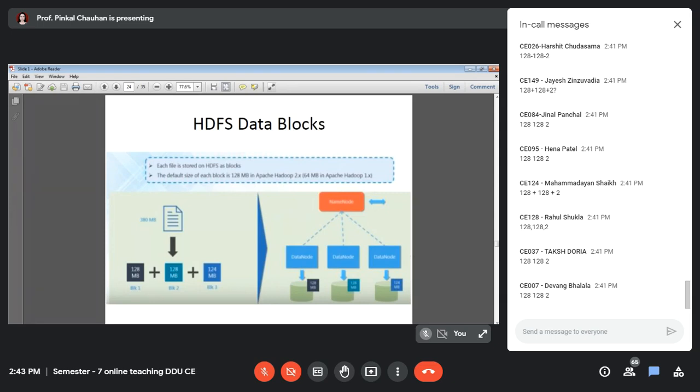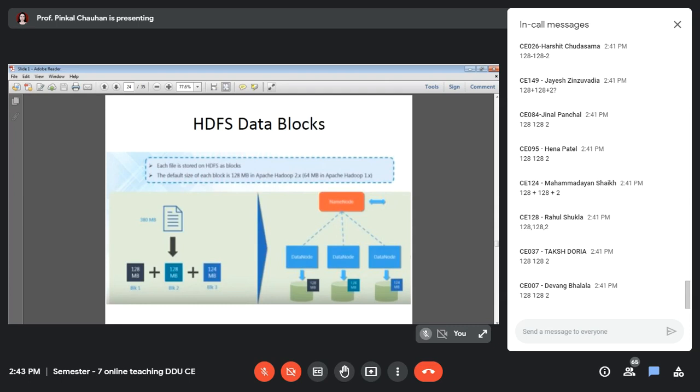What do you think? Is there a chance of losing the data if the last data node crashes for some reason? We have just copied it on these three data nodes. Now, if you have a single node where your entire file is stored and that node crashes, your entire file goes.